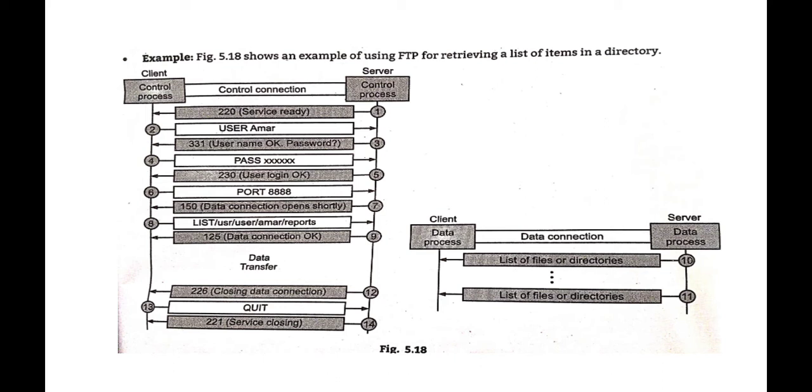In step number 2, the client sends the USER command. Whatever essential details there are about that user can be sent by the client to the server in step number 2. That means it sends a username and then a password. Just like email: if it is a Gmail account, what is required is an email ID and password. These basic essential things are provided by the client to the server.